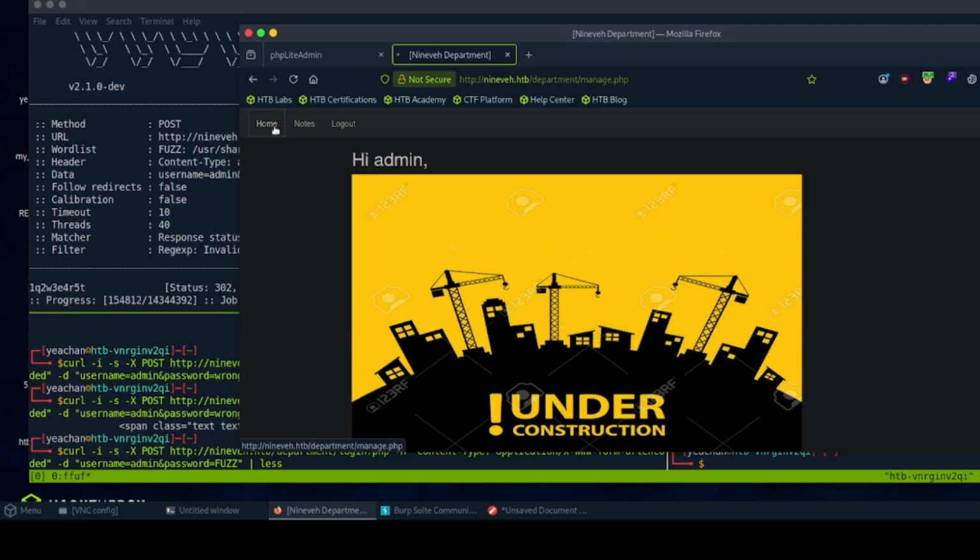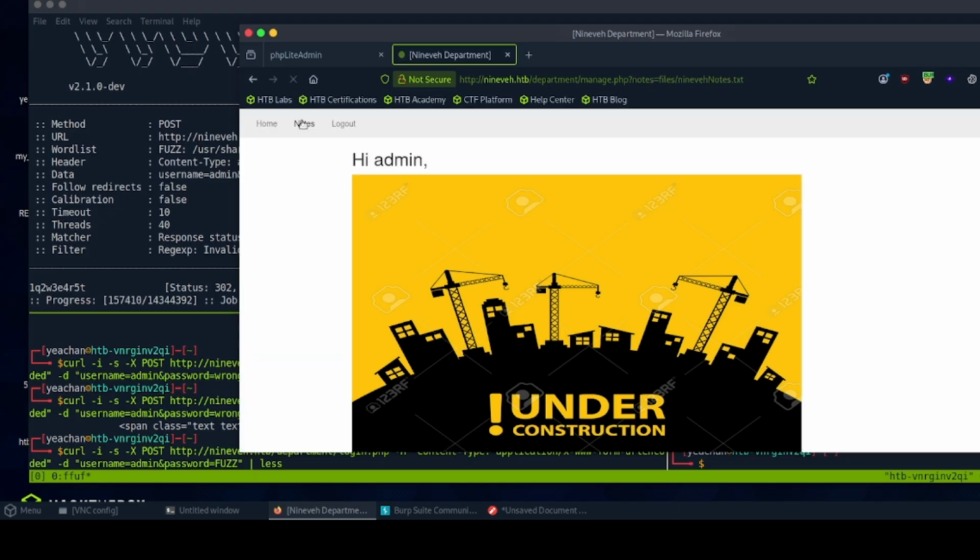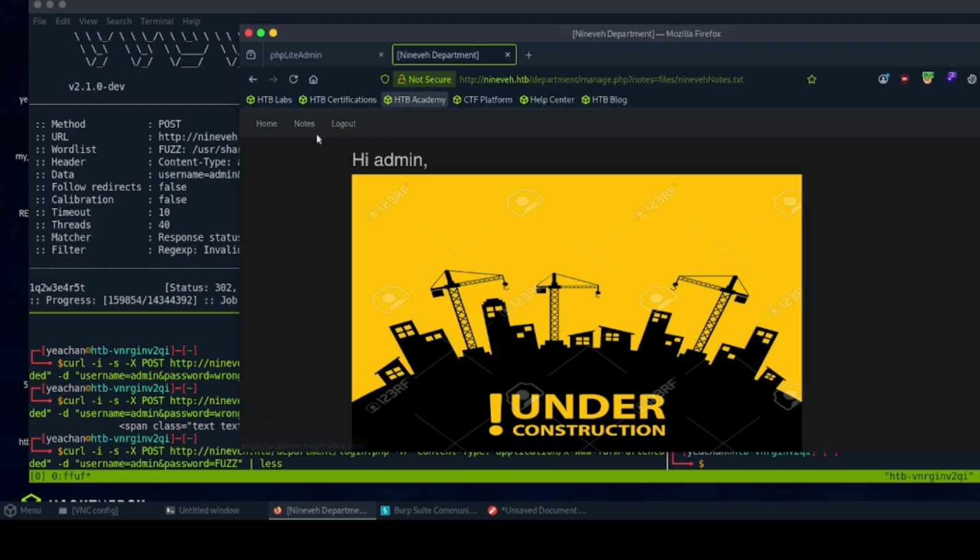We can click home. We click note. When we click note, there look to be note files and 9-bit notes.txt. It looks like it could be vulnerable to